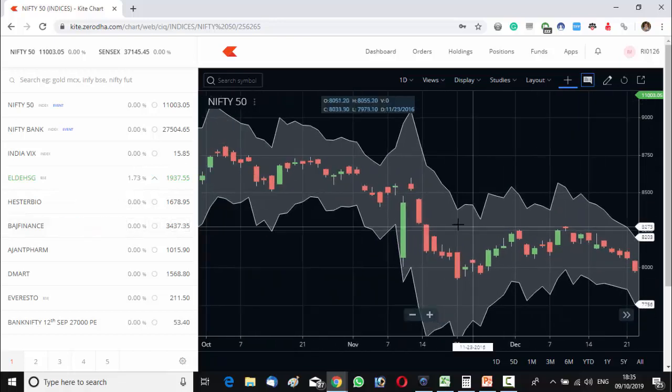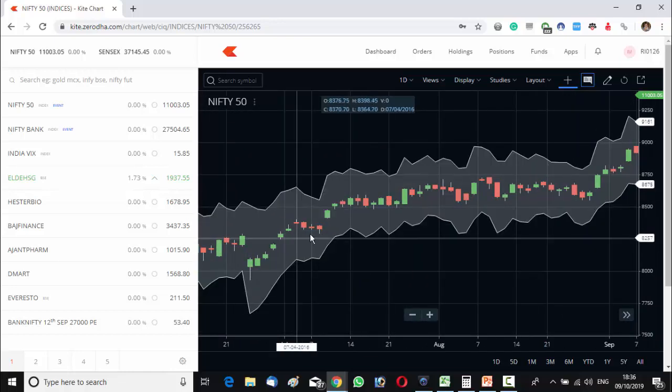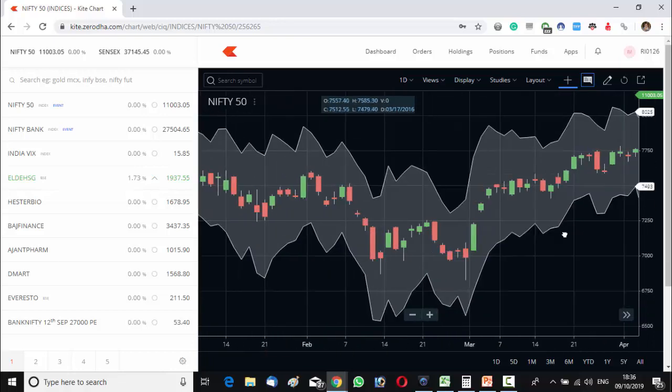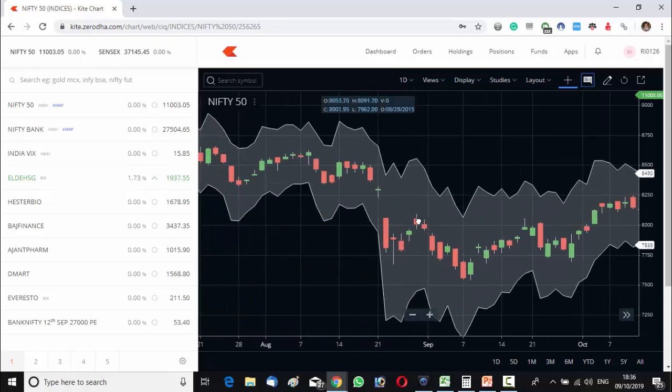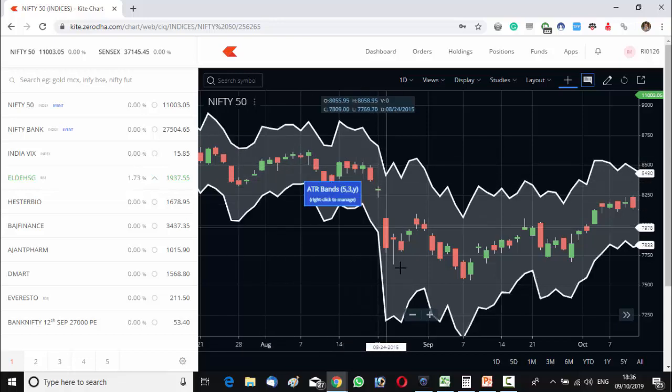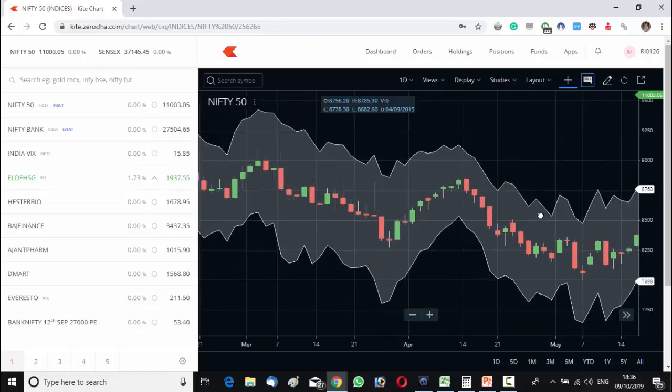Whenever we are seeing that the price is piercing the bands, suppose here the price was actually moving in between the bands, suddenly here the price has pierced the band, so this is a sell signal. I'll show you some more examples. You need to look for a sudden piercing. Price was here. This is another point. Price was here. Suddenly we saw the price pierced the indicator. So this is another sell signal. So in this way you can trade.